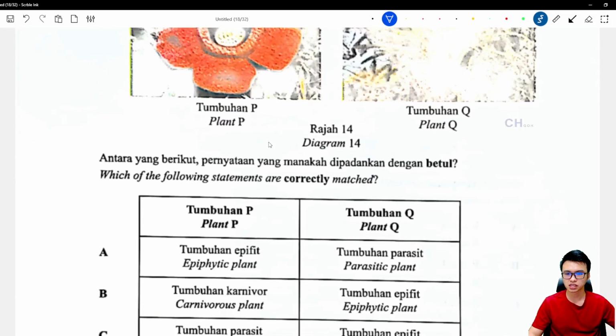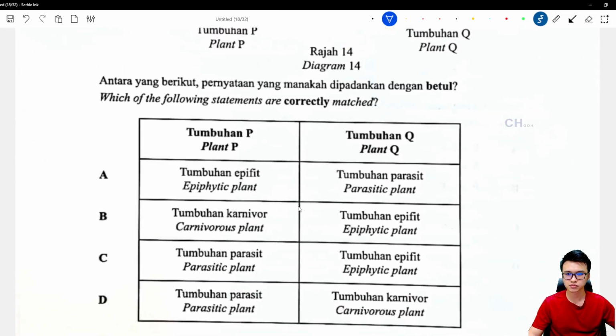Now, Rafflesia is a parasitic plant. They take the nutrients from the host. So carnivorous, no, they don't eat flies. Remember, the flies come to the flower to help them pollinate the pollen grains. So it is used for pollination. It's not for food. So the fly is not their food, but the fly is their agent, the pollinator agent. So B is wrong. A is also wrong.